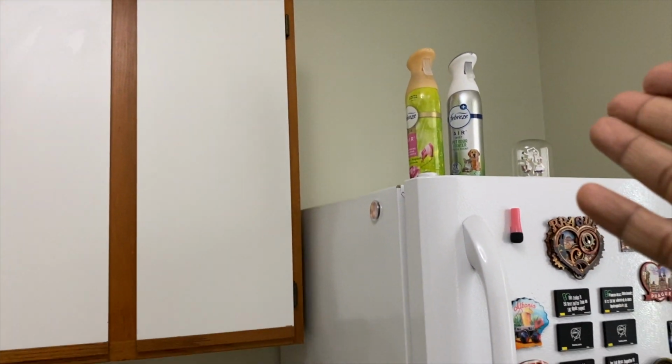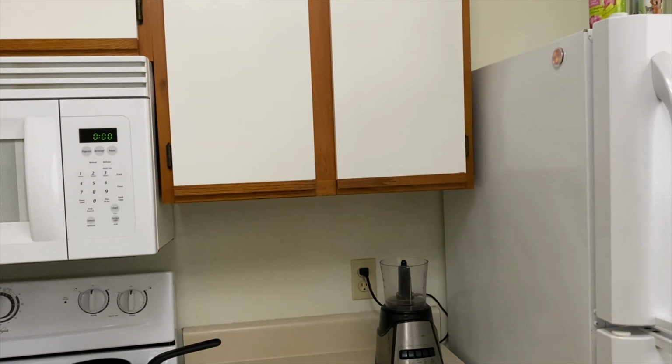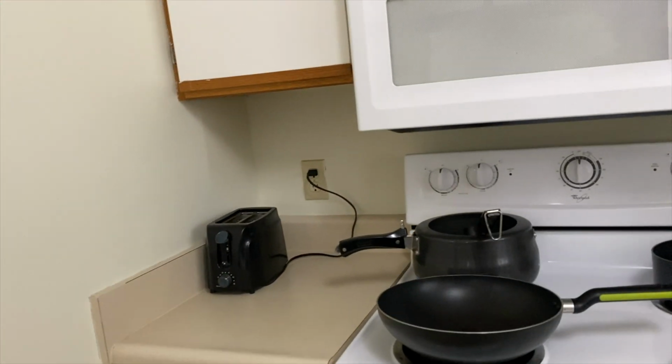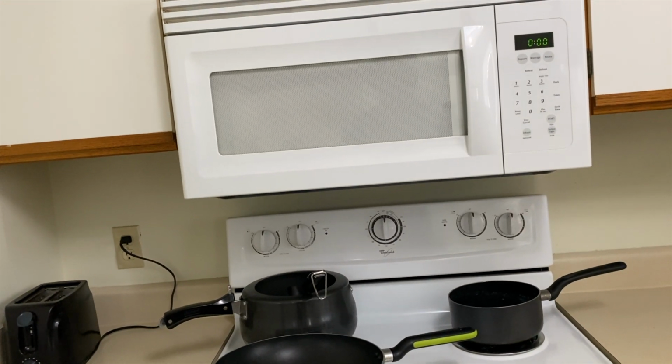And then there is Radha and Krishna, and then some air fresheners, which kind of indicates that I did hard work in making this place even smell good, which is what you cannot sense while just watching or